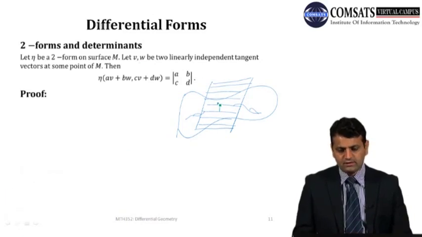So इसका मतलब है कोई से दो वेक्टर्स हैं जो कि इस टेंजेंट प्लेन TP ऑफ M के अंदर हैं